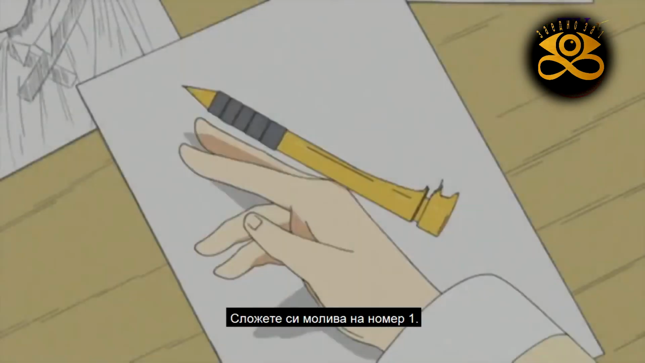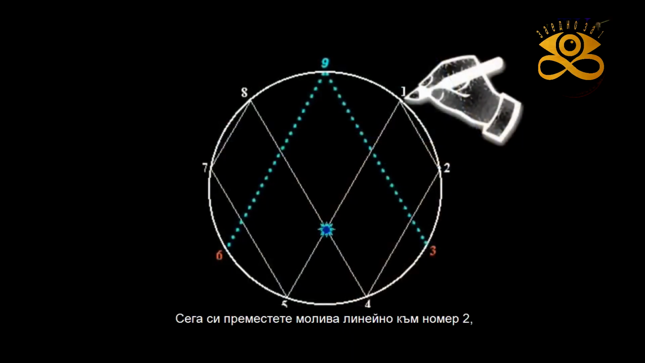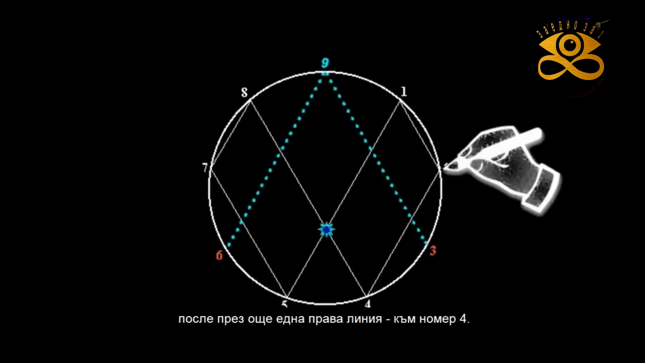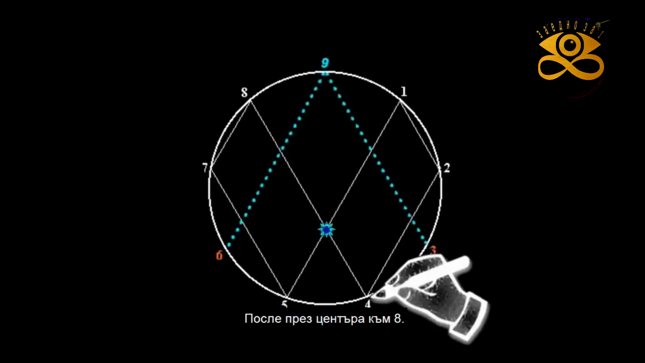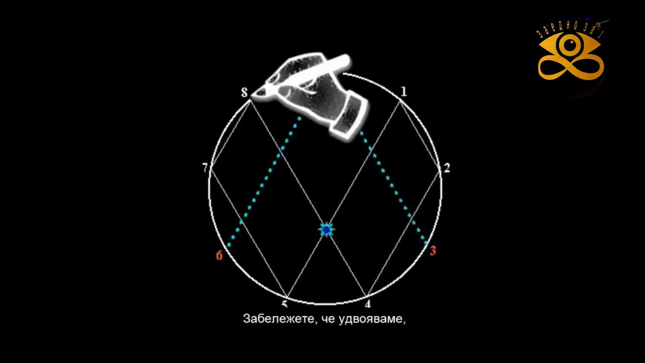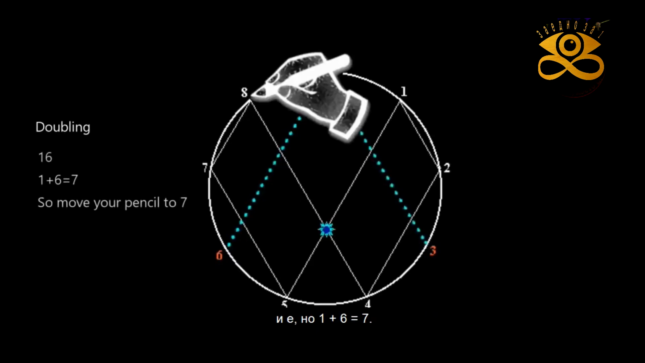Put your pencil on the number 1. Now move your pencil in a straight line to number 2. Then in another straight line to number 4. Then across the center to 8. Notice that you are doubling. So next should be 16, and it is. But 1 plus 6 is 7. So move your pencil to